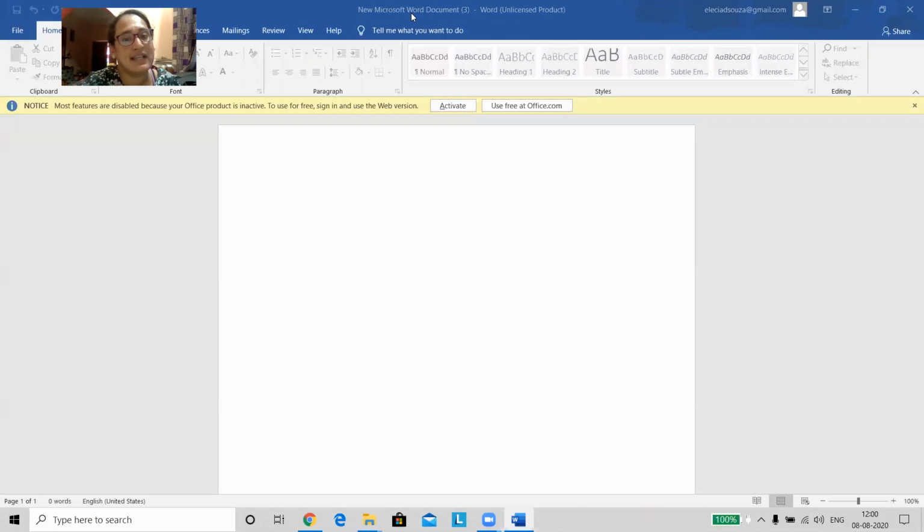If you are using Excel, Excel is shown. If you are using PowerPoint, PowerPoint is shown. By mistake, if you are opening any app, it is displayed on the title bar. You can go and close it. Is it clear? And next, it also displays your file name. Now your file name is not displayed because you have not saved it. In the next lesson, we will learn how to save it. So now it is showing Document 3 because it is not saved. When you have saved, you can also see your file name on the title bar.